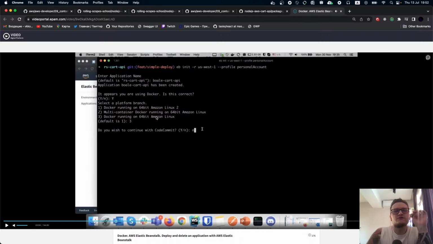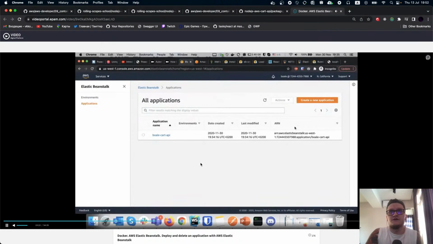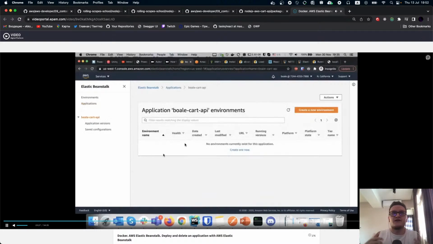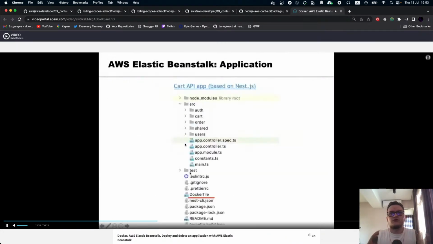I think, yeah, because it was 2021 and our lecture used Linux first. If you have Linux first, you can use this one, though I really think it's not even inside Elastic Beanstalk right now. Maybe you can run on the second version, just try to make it work. As I told before, we don't have to use CodeCommit or SSH. And after the init, when we go to our application tab, we will see our application. Yeah, it's cart API, like you named, but there is nothing inside. It doesn't have any environment. It doesn't have any code. You just created a clear application. You don't have anything inside it.